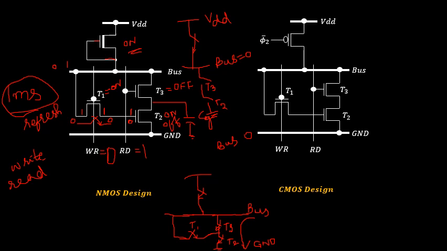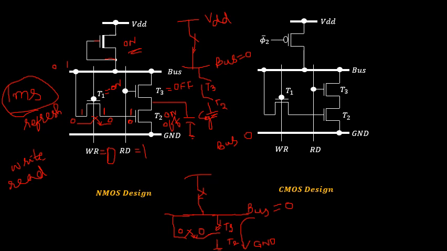During the operation, if the bus was carrying a value of logical 0 state, I will assume the bus was equal to logical 0. This was equal to 0. The transistor was closed anyway, and this was also equal to logical 0. The transistor present over here, that is transistor T2, won't get closed because of the 0 input. If 0 is present, transistor T2 is turned off, so it behaves like an open switch. So there is no closed path for the capacitor to get discharged to the ground level.